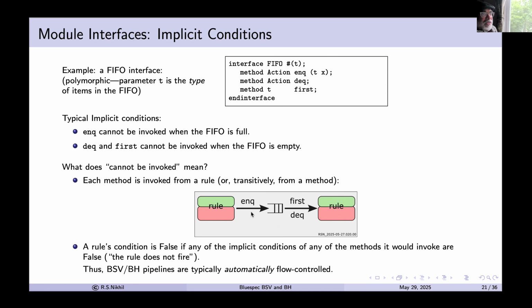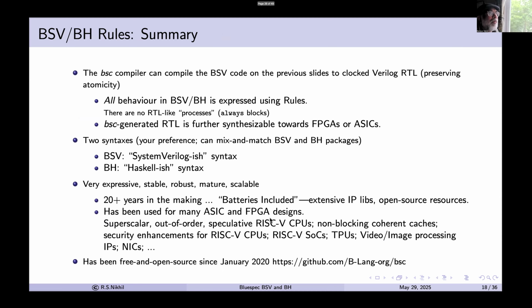And all of this is internals. We call it implicit conditions because the compiler takes care of all of this. You don't need to explicitly say any of this. So going back to this